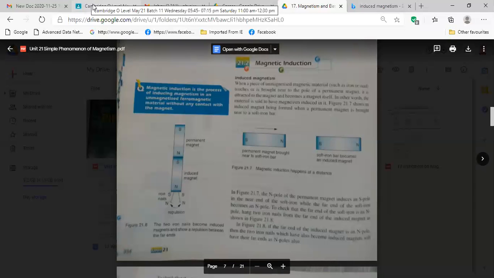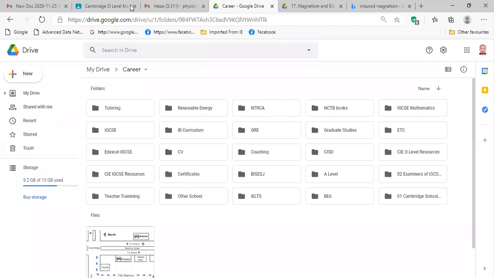Now we are going to our next learning outcomes.